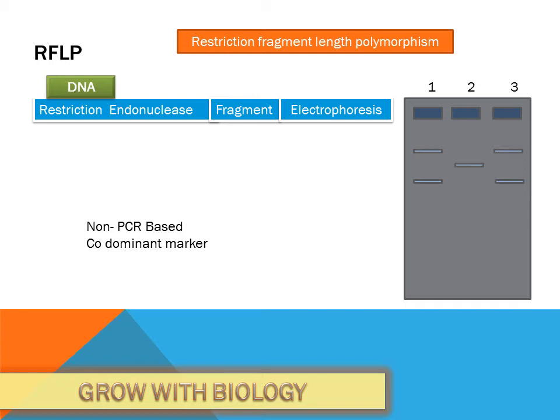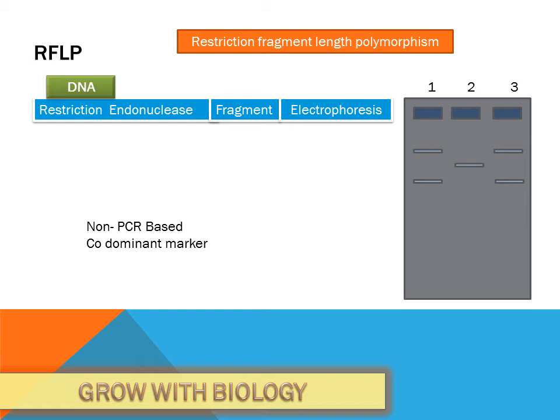Let's suppose there are 3 samples: sample 1, sample 2, sample 3. Now these 3 samples have been treated with the same type of restriction endonuclease. We have taken DNA from these 3 samples and then added restriction endonuclease. What will the restriction endonuclease do? It will cleave. If there is one restriction endonuclease site, then it